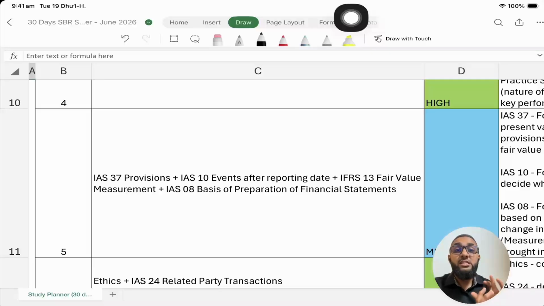So don't go to speculate what areas are going to pop up depending on the historical exams. Rather, prepare 100%. There is no chance to be taken. So on day 5, we'll be focusing on IAS 37, which is focusing on provisions and contingencies. And then IAS 10 events after the reporting date, IFRS 13 fair value measurement, IAS 8 basis of preparation of